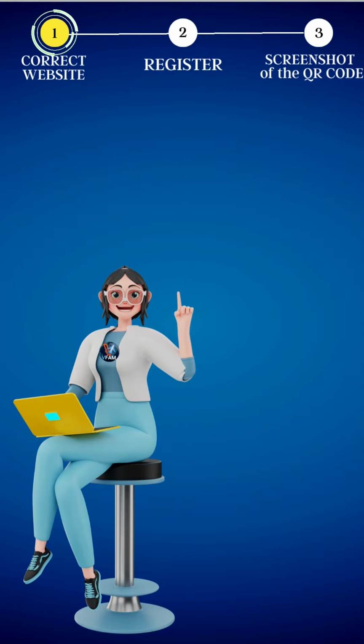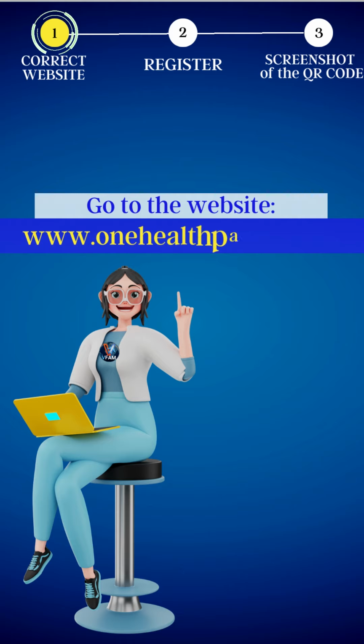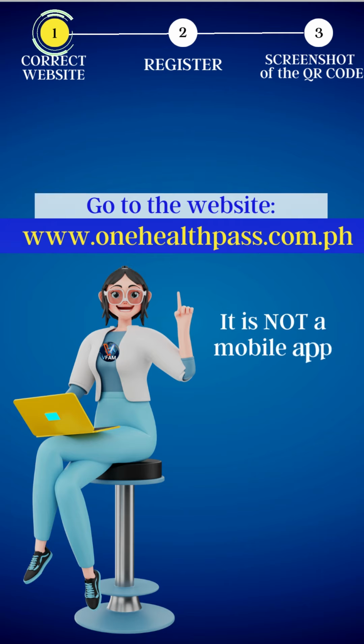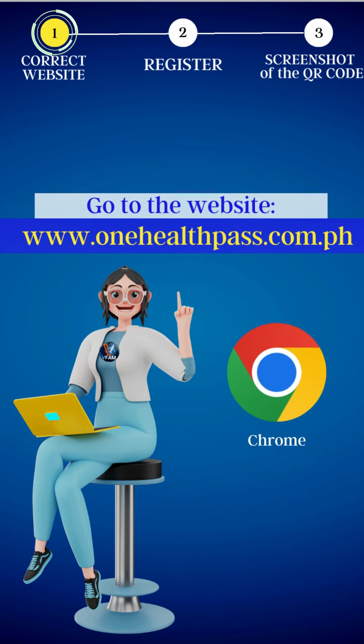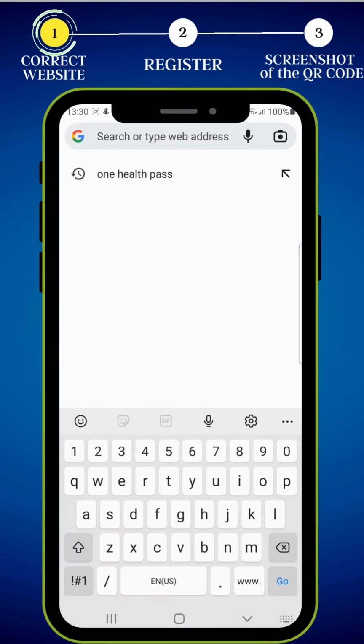Let's begin. Very important first step is to go to the correct website, which is www.onehealthpass.com.ph. Yes, this is still the same website as the old One Health Pass website. This is not a mobile application that can be downloaded in the App Store or Play Store. It is simply an online registration portal. Now let us go and open an internet browser like Google Chrome. Type in